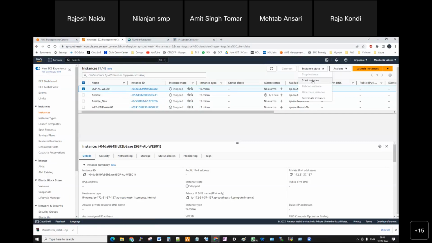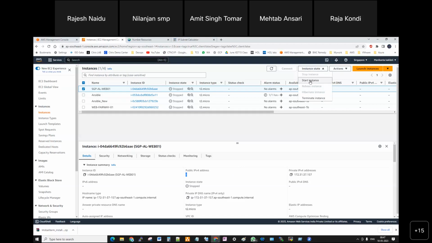Guys, one more important update. Right now, the instance is in a stopped condition, right? Please come down to the details section. Public IP address is empty. Only the private IP address is there. I explained this, right, for Gopi Krishna. Only the private IP address is a permanent IP address always, whether you shut down, power on, or reboot it, the IP address will be available. Once you shut down the server, the public IP address will be revoked. It will be taken back by Amazon. So once you power on, the same IP address will not come, a new IP address will come.